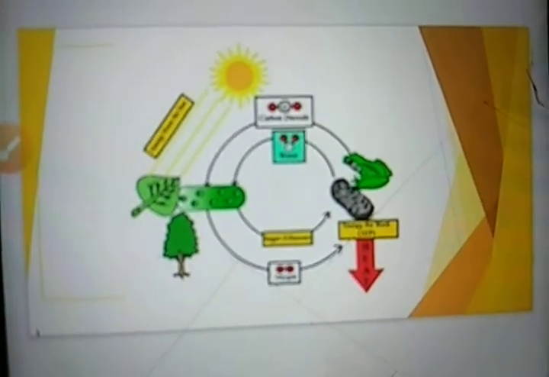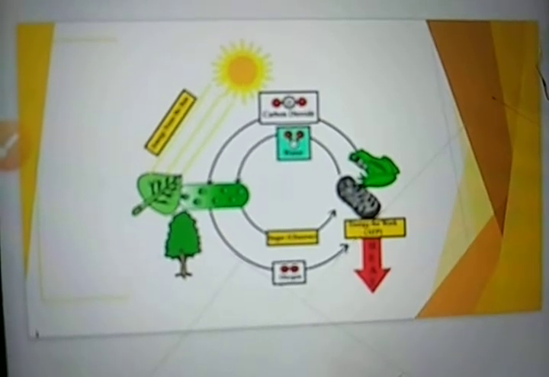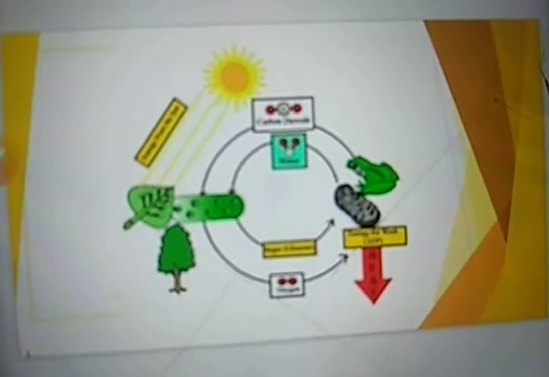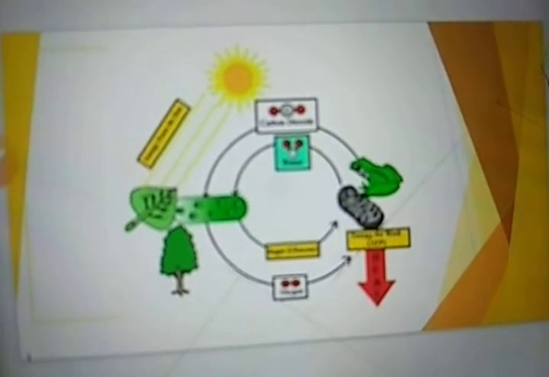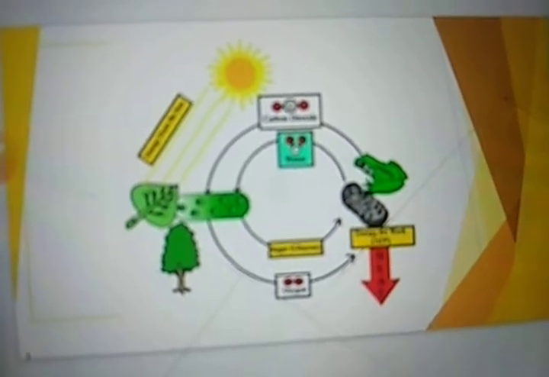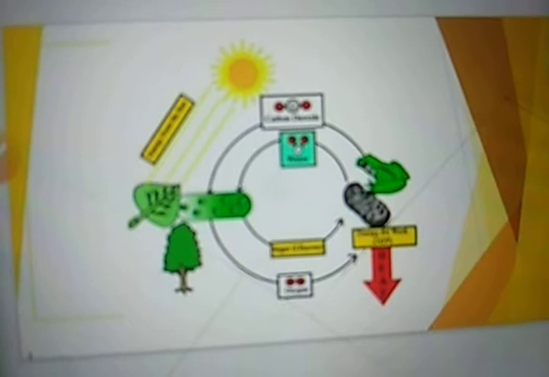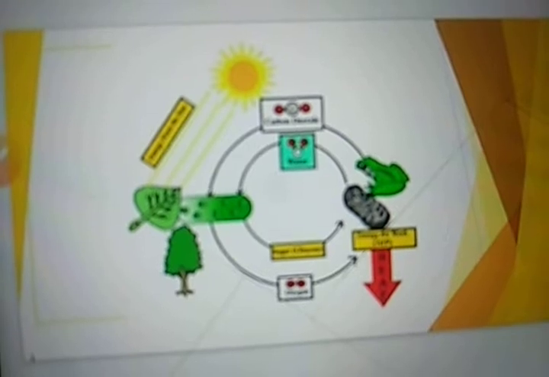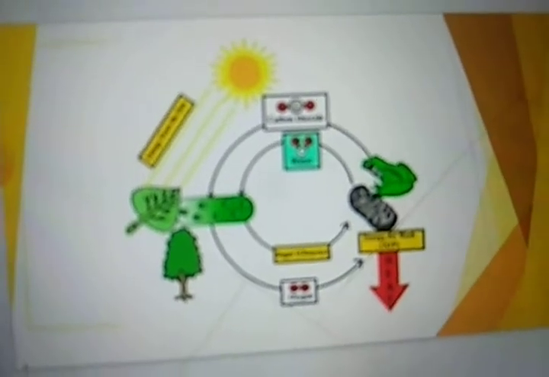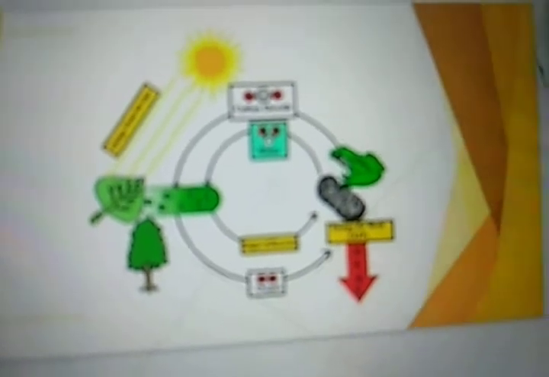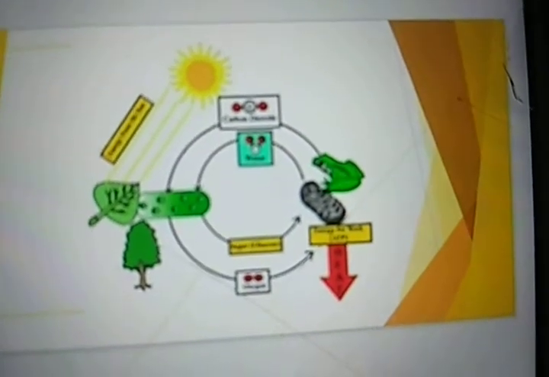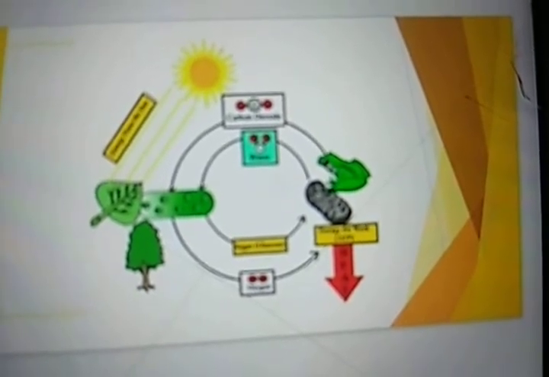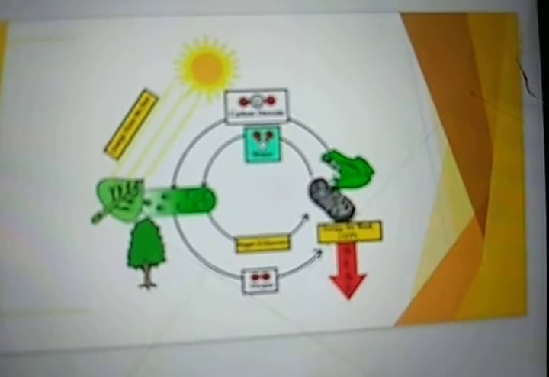We animals, or human beings, get food from plants, and plants have the capability to prepare their own food. When we take food, we get energy. During digestion, the carbohydrate present in our food is broken down into glucose, which is a form of sugar. Then glucose is transported to each and every cell of the body, and this is respiration.